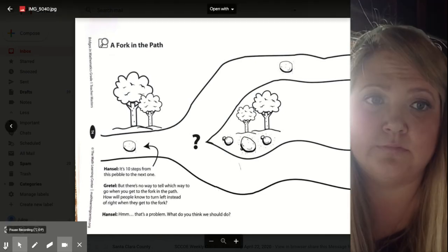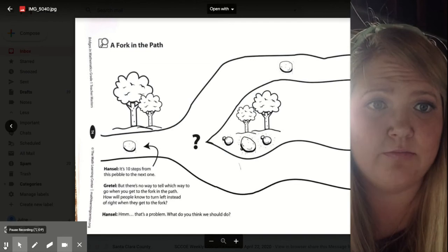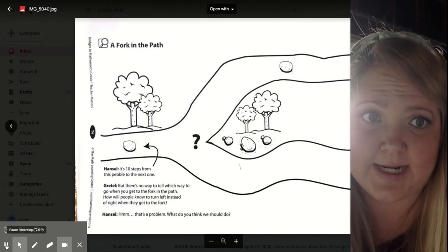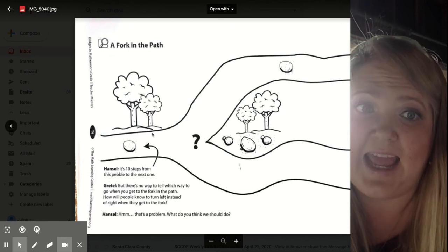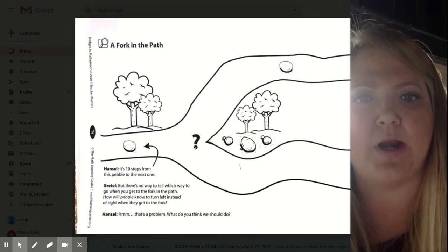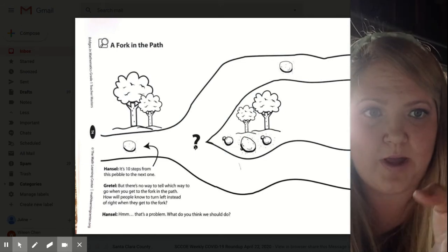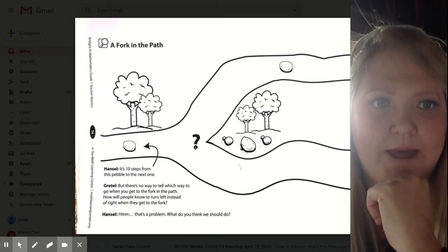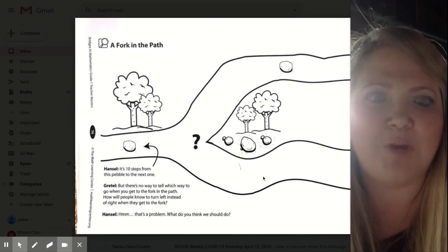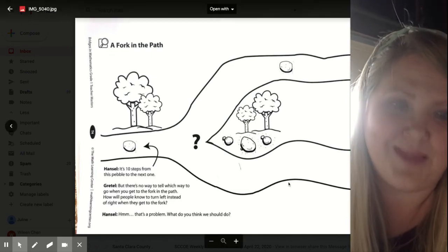Hmm. Yeah, they could make a sign. What else? Well, here's what Hansel and Gretel decided to do. They decided that every 10 steps might be too far. So maybe they should put a pine cone halfway in between every pebble. That way, if they started to walk down a path, there'd be something else to see and they wouldn't get